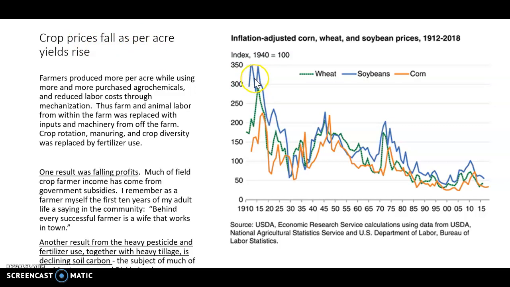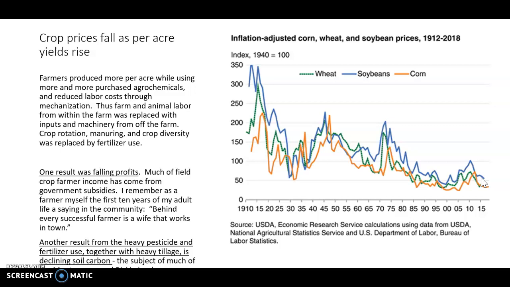So if you just look, for example, at this graph, it shows wheat, soybeans, corn. Those are the major agricultural commodities of the United States and Canada and Australia and other areas. So these are the basic grains. This is field crop farming, if you want to call it that, the basic grains, plus soy. And what we get here, this is inflation adjusted, is that the prices used to be really, really high. They just keep going down and down and down for farmers.